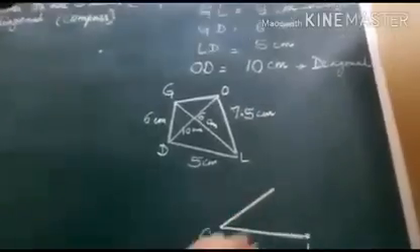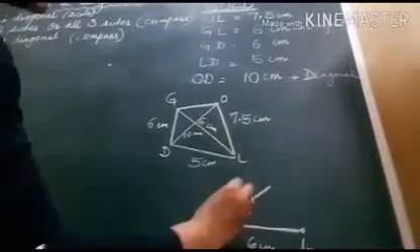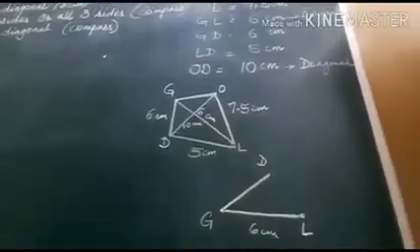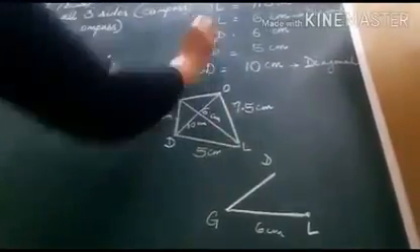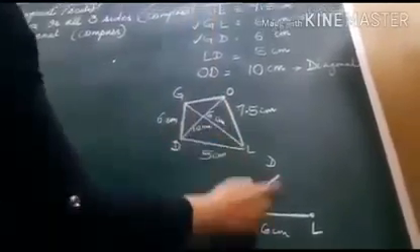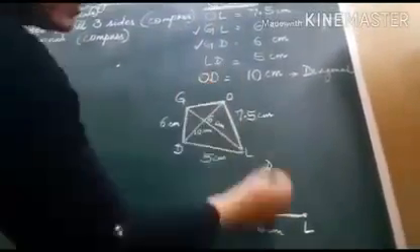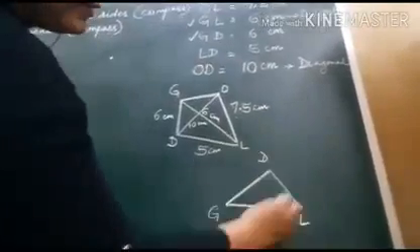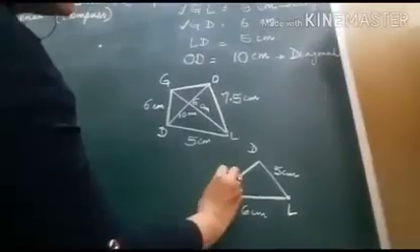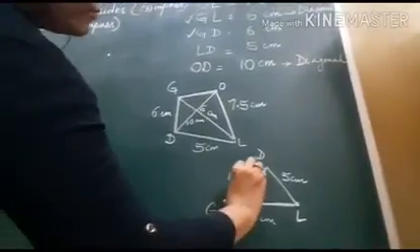But this you have to draw with the help of scale. So let this point be D. We don't know if it will be here or not. GD is already marked, and GL we started with. Now LD: this side is LD, and it will be 5 centimeters. And GD we had drawn; its measure should be 6 centimeters.